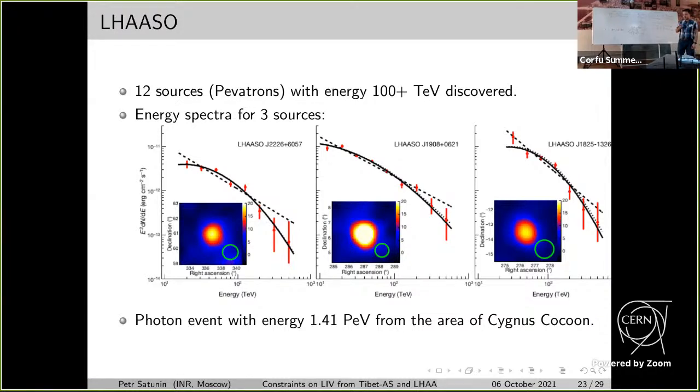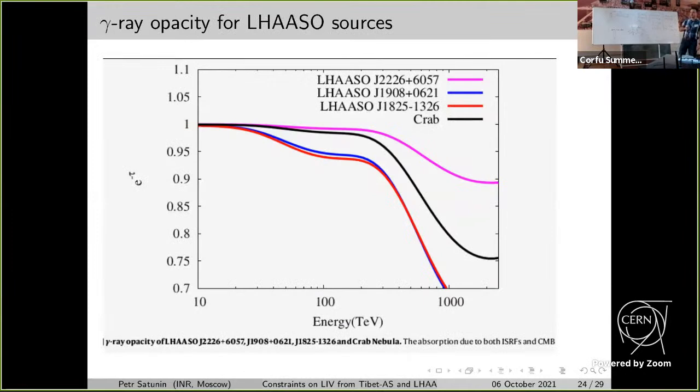Red data points are the data points of LHAASO, the black solid line is the log parabola fit, and the dotted line is the power law fit. LHAASO also claimed that a photon event with energy 1.4 PeV was detected from the area of the Cygnus cocoon. In that LHAASO paper, the authors presented the gamma ray opacity for these 3 sources, and